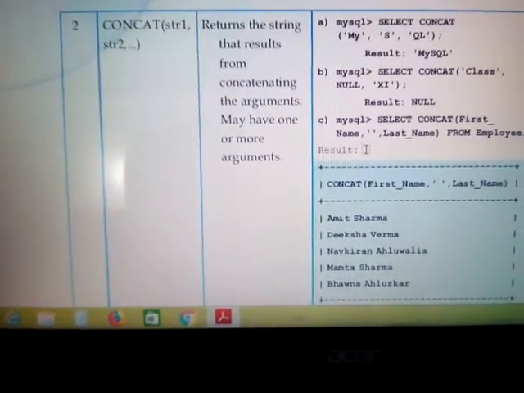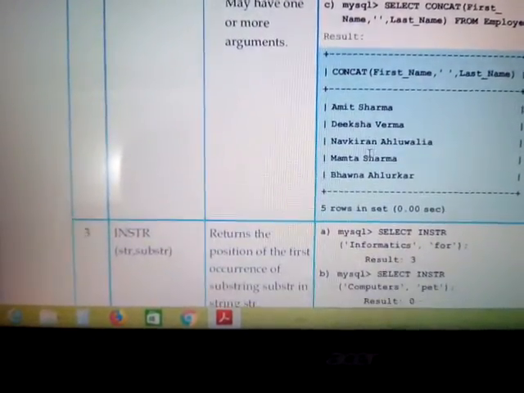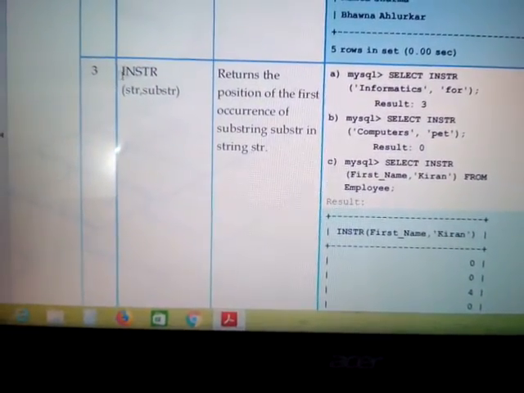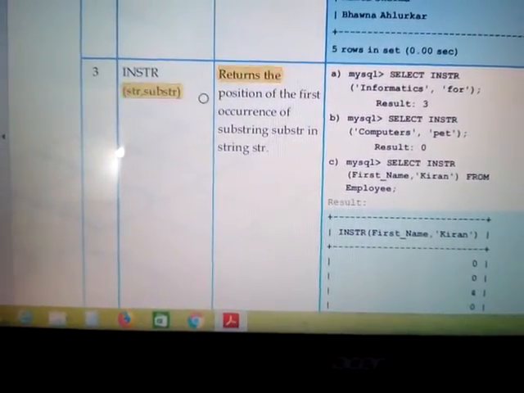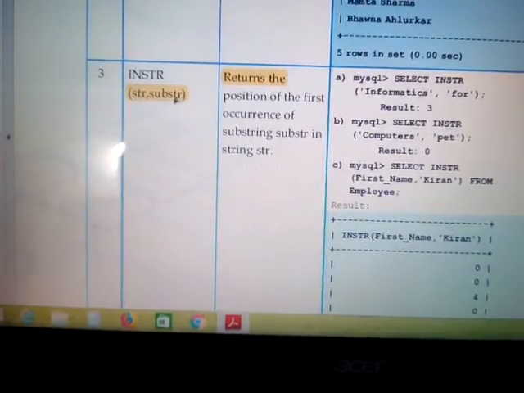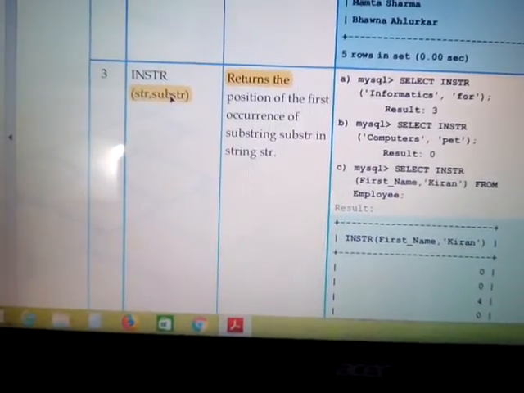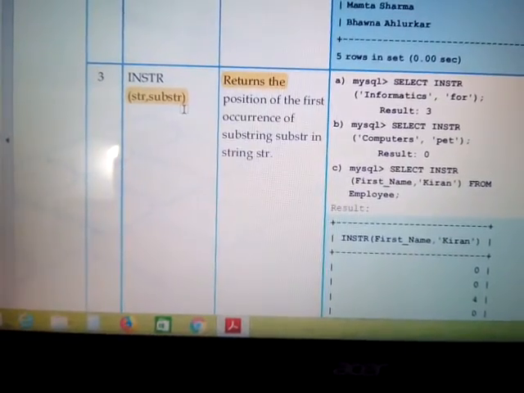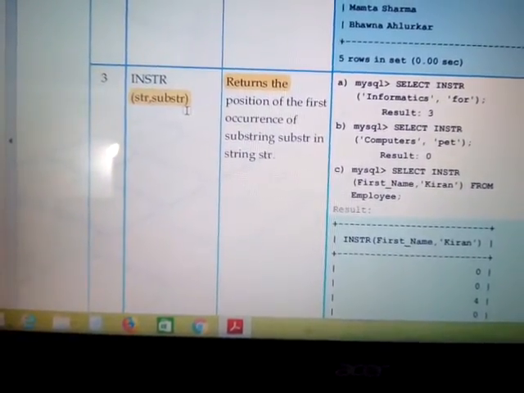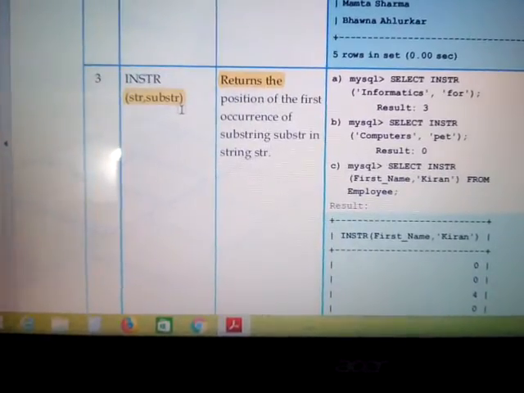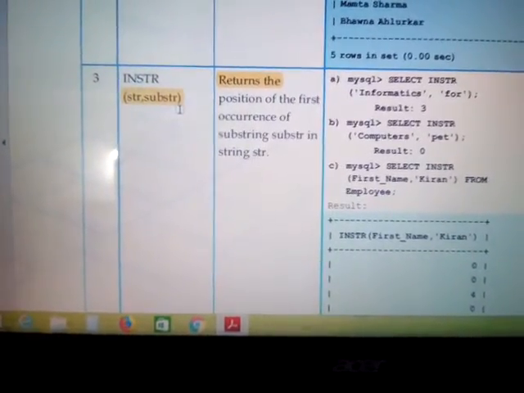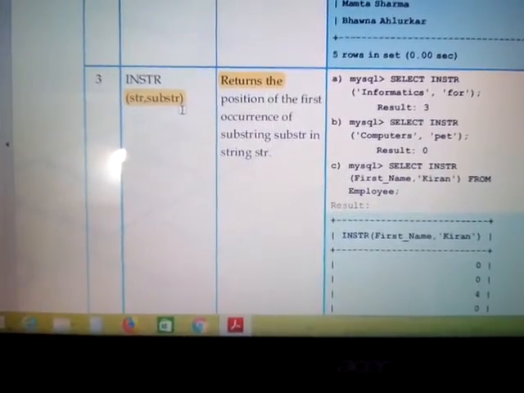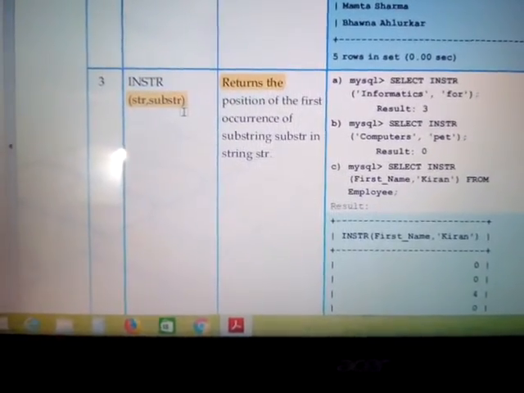Likewise the next function is instr. In instr we need 2 arguments, that is str and substr. Str is string, and substr is substring. Instr tells the first occurrence of a particular substring in a string.